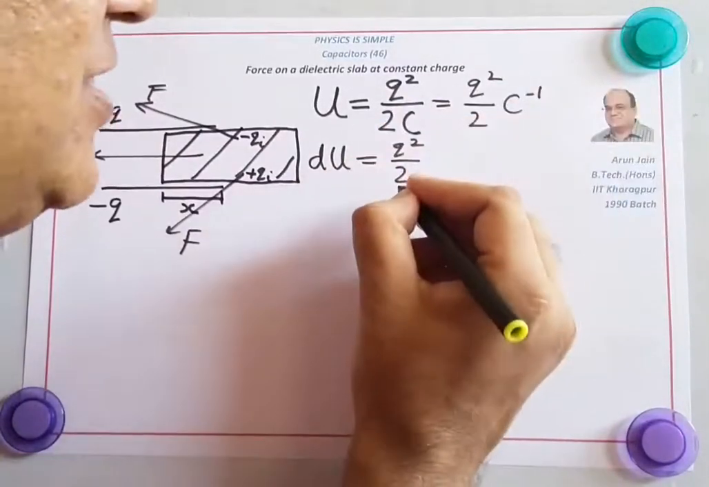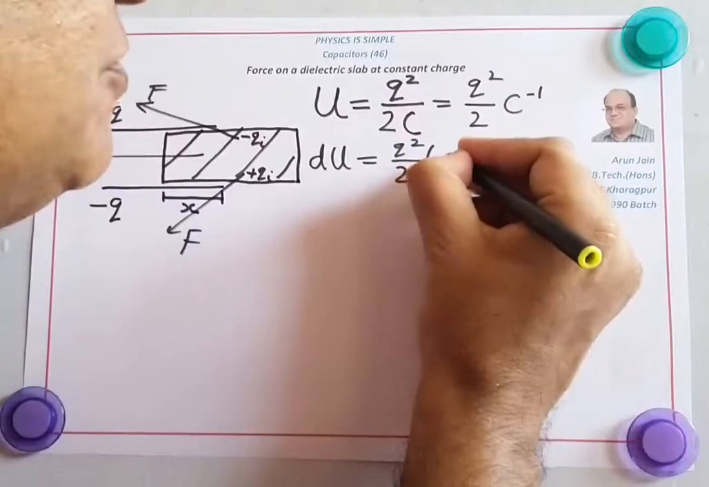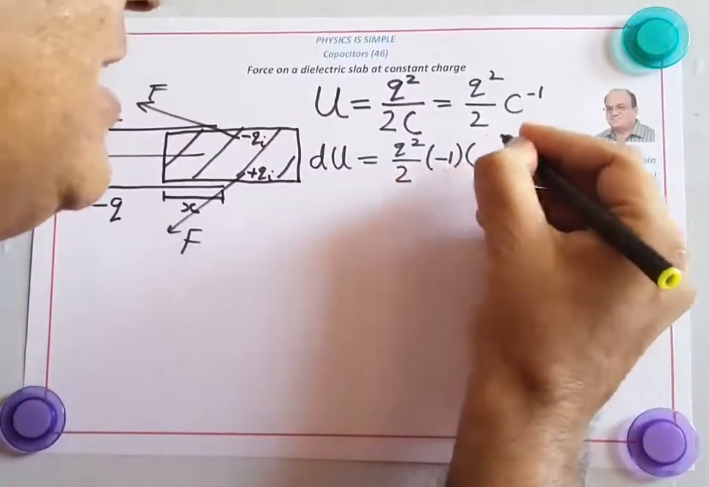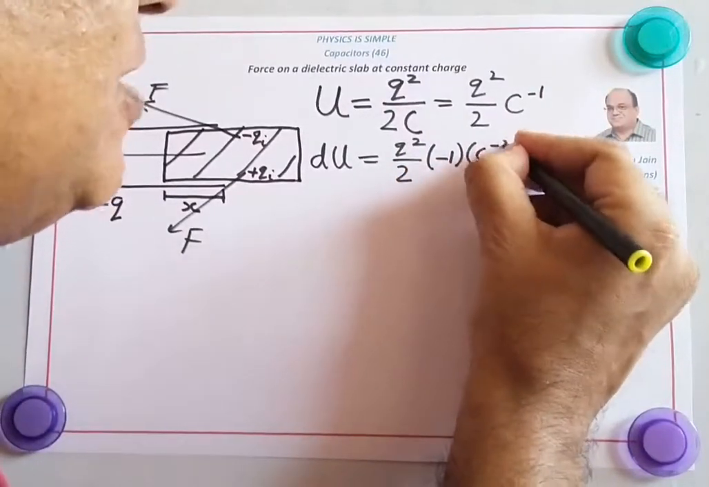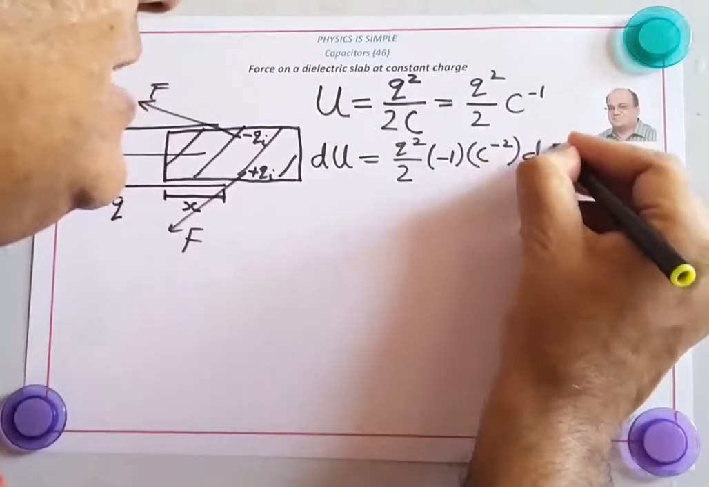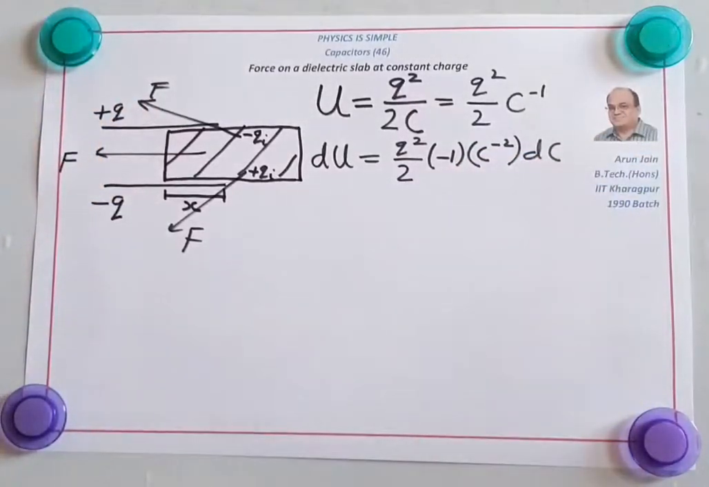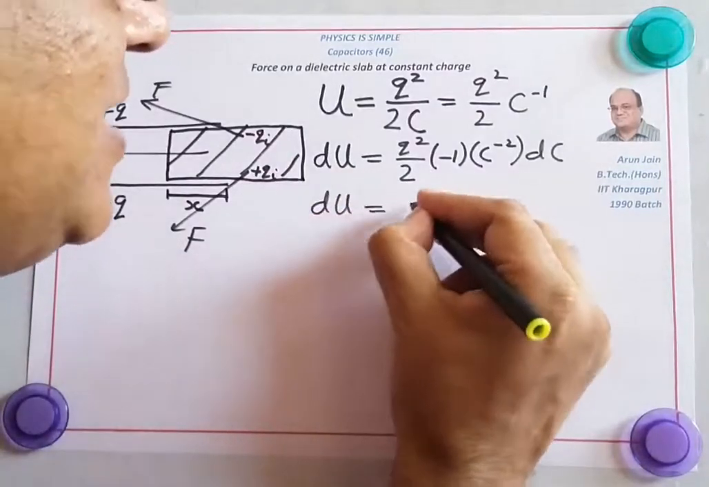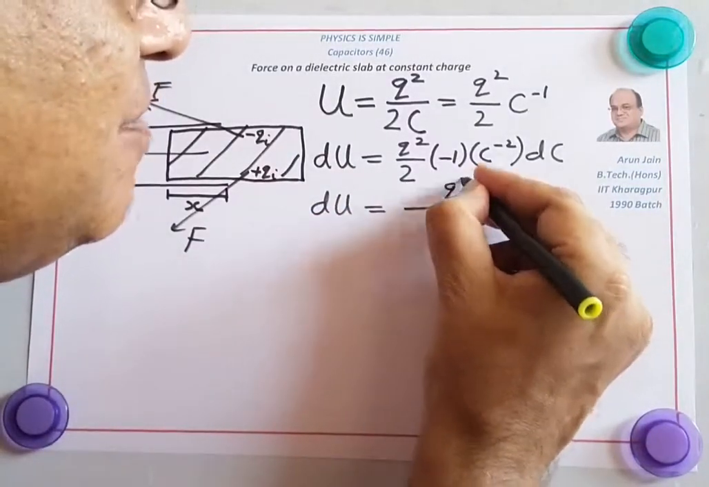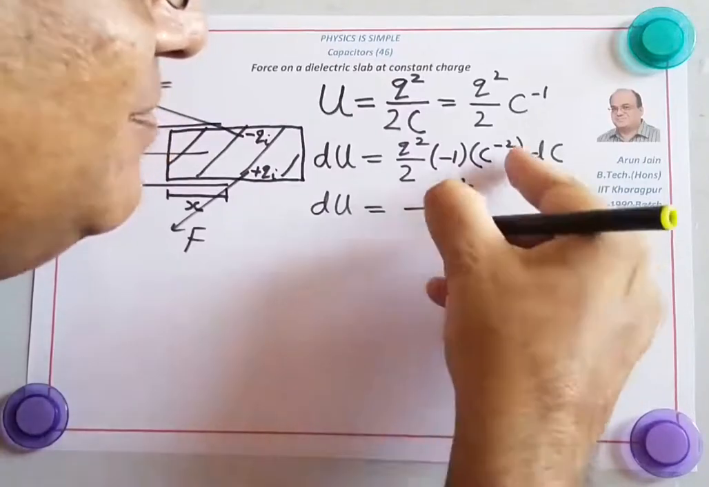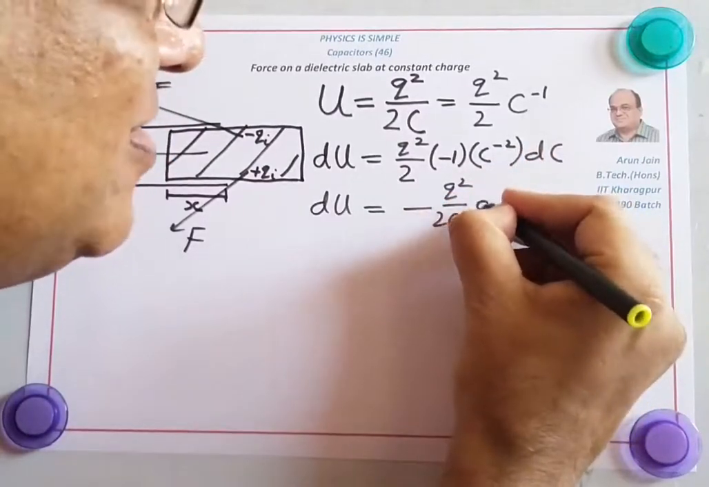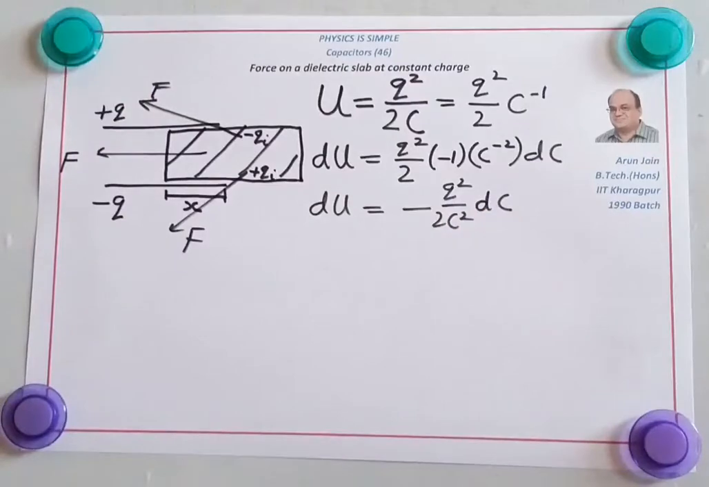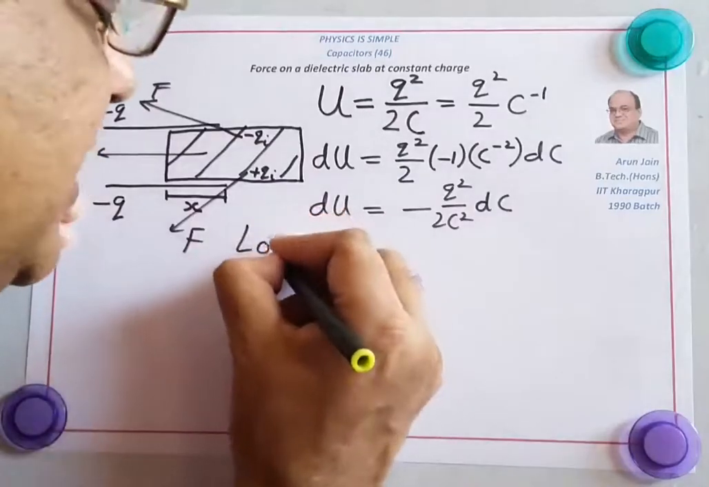If we differentiate this, the old power comes to the front. The power decreases by 1. We get C to the power minus 2 and we get dC. So therefore, this dU becomes minus Q square by 2C square into dC. Since dU is negative, potential energy is decreasing. So loss in potential energy,